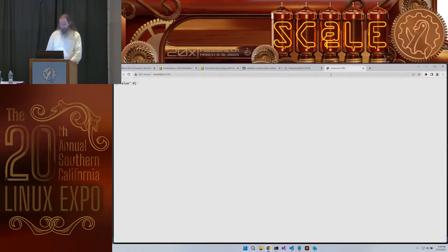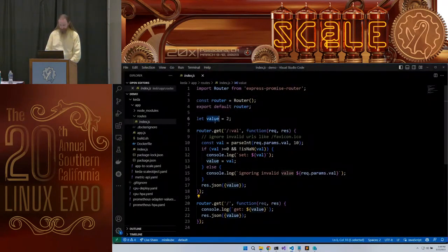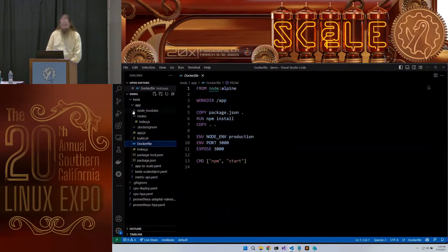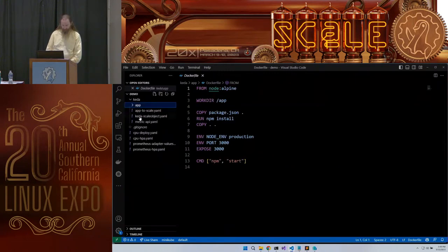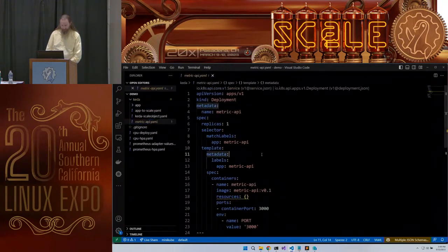Well, I want to set it to 1, so I'm going to set it to 1, and now its value is 1. We could adjust it maybe based on business logic within our organization or time of day, a cron schedule. We could query anything to calculate this value. But I chose to calculate it based on something dumb, based on this number here. But we wrap that up then into this node app, and we're going to deploy that node app as the